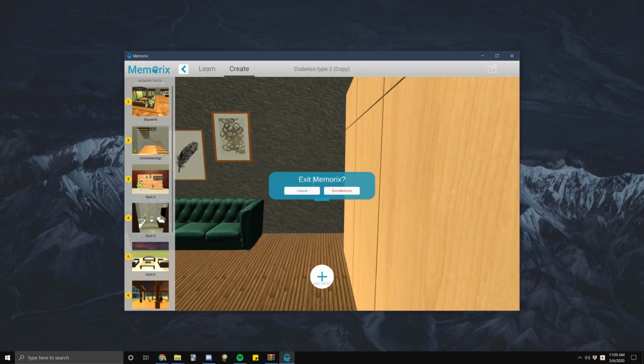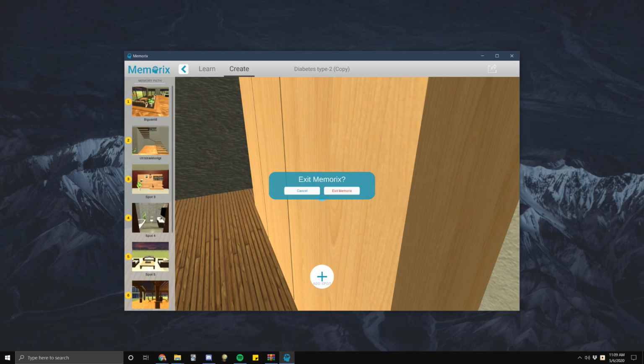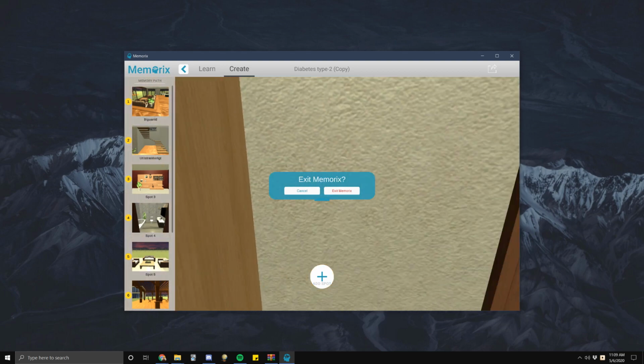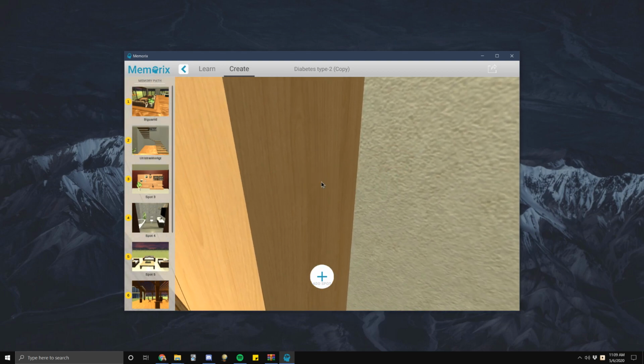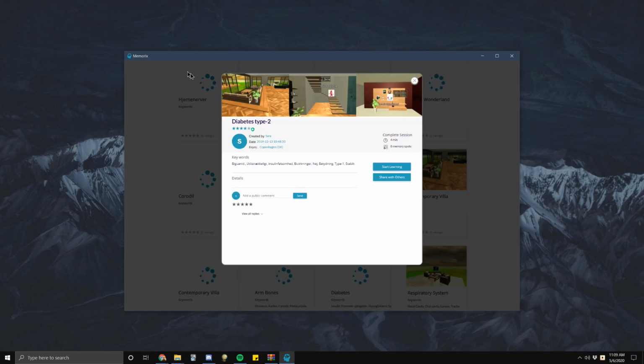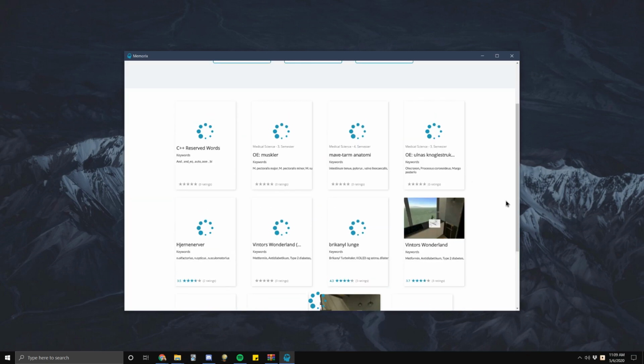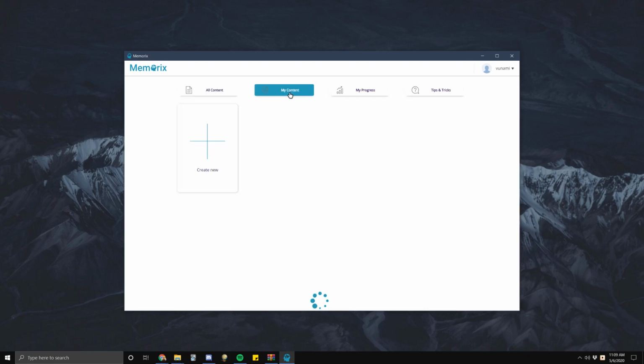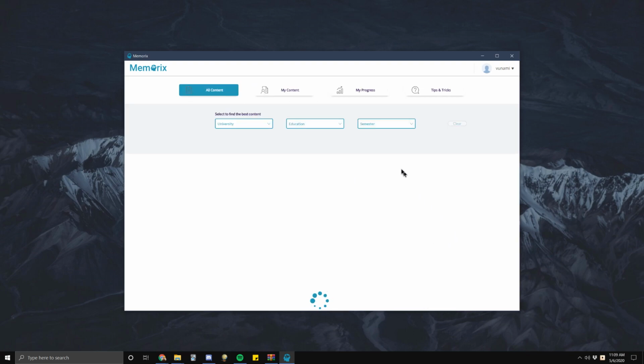So now as I go back, how do I go back? Let me see. Just wait a second. Now you can go back. Oh, there you go. So, just waiting for it to load. Okay. So if you say cancel, then you want to go back. Then you click the left button, left mouse. That one. Sorry, left arrow. Okay. And then you get to the overview, and you can go to my content, and you can click create new,